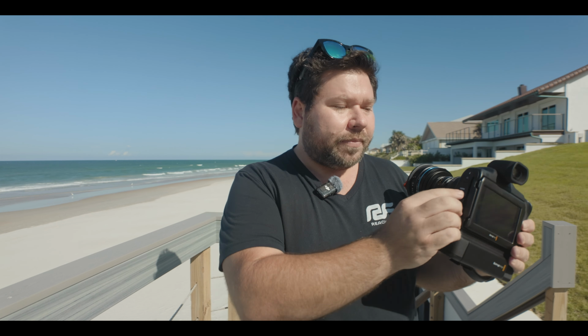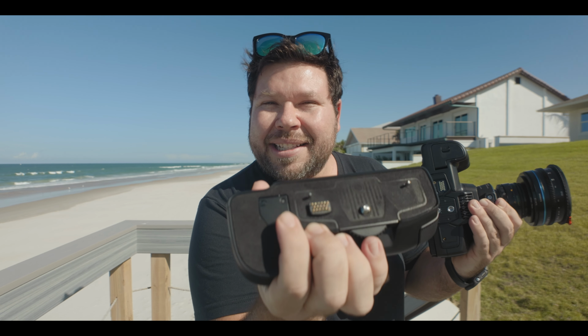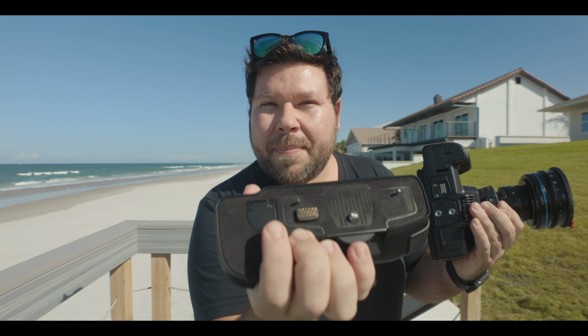It screws into the bottom of the camera via just 1/4 inch here on the bottom. But there's also these pins right here. You can see right here, and they go into the bottom of the camera right here. Now, normally there's a plate that's right here, and you can actually see the plate is screwed in to the battery grip right here. There's a little cutout right here. The screw that's built into the plate screws into the bottom of the battery grip, so you will not be